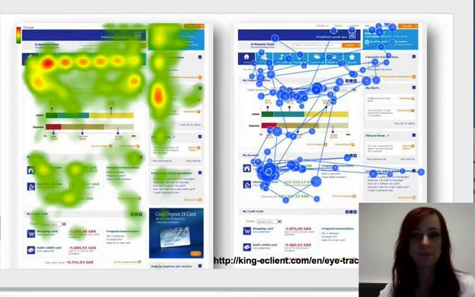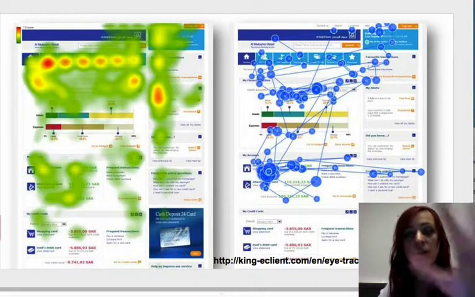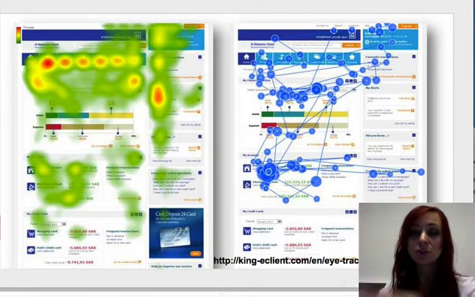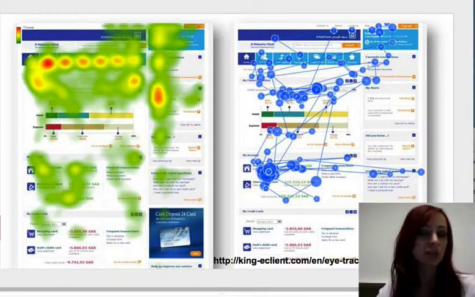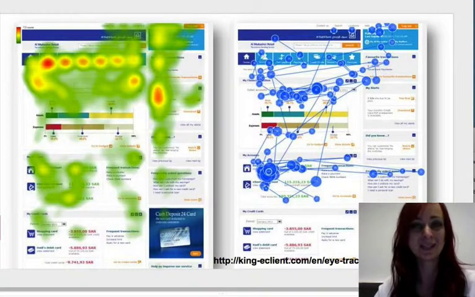They scanned over it. Same on the right, where the blue dots are, that's where there were fixations. We can even see the paths that the user took around the page. Where there's no paths, they didn't scan over it. Where there's no fixations, they didn't stop to look at, either read or look at the graphics. So this has led to some very interesting conclusions over the last 10 or 20 years of eye tracking for